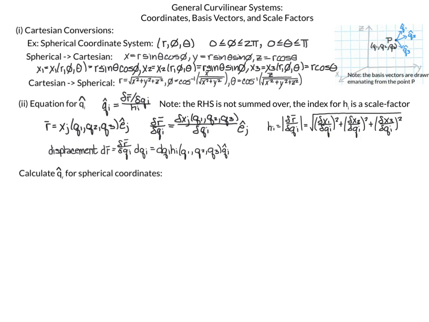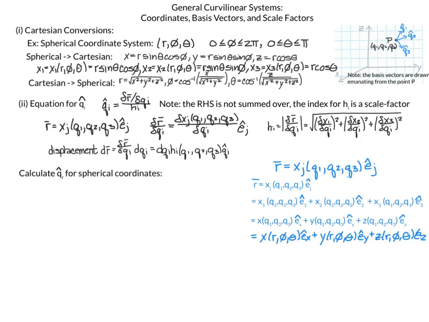Our first example will be to compute the r basis vector for our spherical coordinates, and we're going to do this in terms of our Cartesian coordinates. And the first thing we need to do is write out r. I have some notes on that over here. So our r, according to this formula, is x_j of q1, q2, q3 times e_j. So these two j's, the x_j and the e_j,